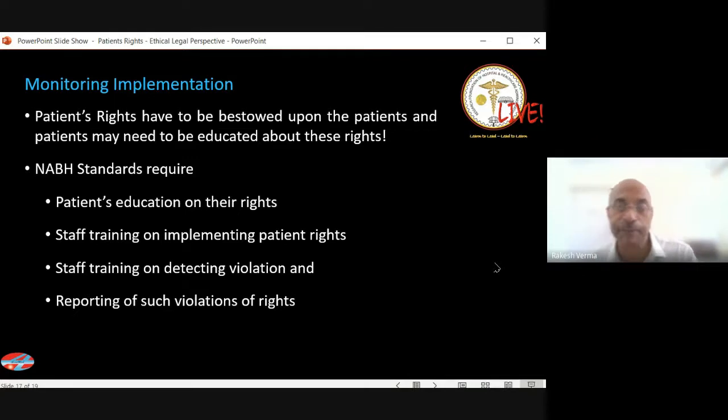Let me give an example here. We know that the diagnosis of a particular patient is confidential information, and so are the test results. So in our hospital, for example, we do not allow the patient's relatives or anyone for that matter to have free access to the patient's file. However, if the patient himself wants it, or there is a person authorized and nominated by the patient, then this can be shown to him. We do this basically to ensure the privacy of the patient's information and also to preserve the record, because sometimes the record can be tampered with.